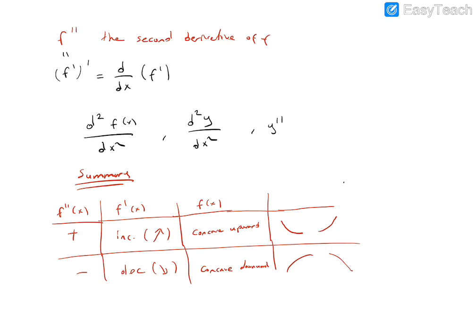In addition to concavity, I can say something here. In these two cases, for the first row, this is concave up, this is concave up, okay? But in the first case, this is decreasing. So this is decreasing concave up, this is increasing concave up. And in the concave down case, this is increasing, this is decreasing. So this is increasing concave down, this is decreasing concave down.